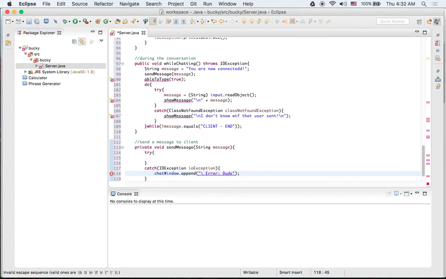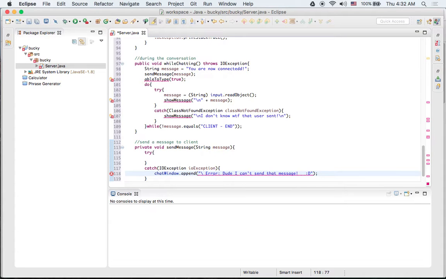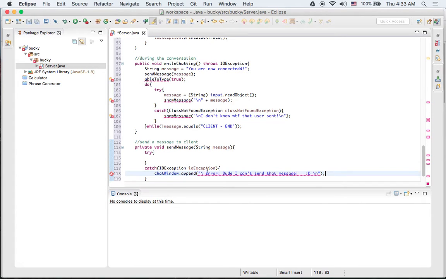So hopefully you should never see that, because I don't know, maybe a bug running in our server midway through sending the message, and we would get something like that. But in most cases you just want to be able to send it successfully to the client or to the other person. So whenever you do that, this is how you do it. Output, which remember our output is our stream that sends data or messages away from us to someone else. So that's what we need to tap into. Write object. Now the write object method is a method that's built into Java, and what this does